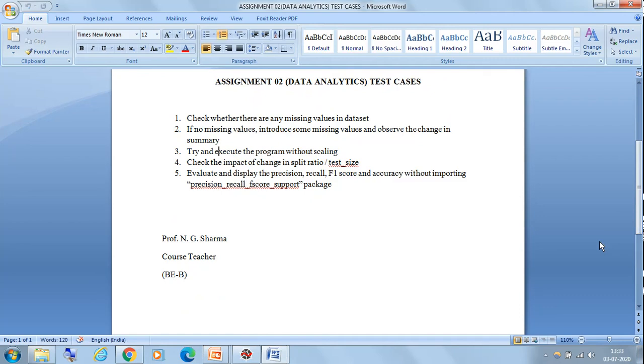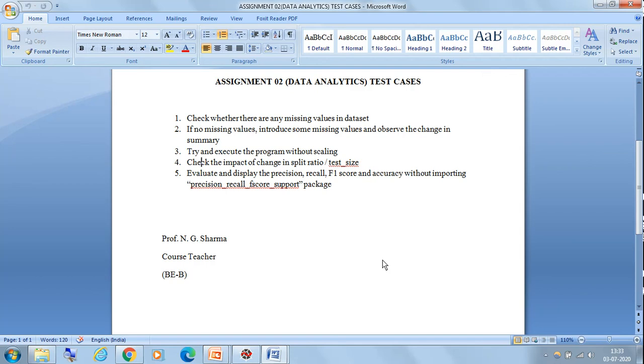Then you check the impact of a change in the split ratio or the test size. In our program we have used a test size of 0.25. You can change it to 30% or 40% or 50% and so on, and check the change in the output.